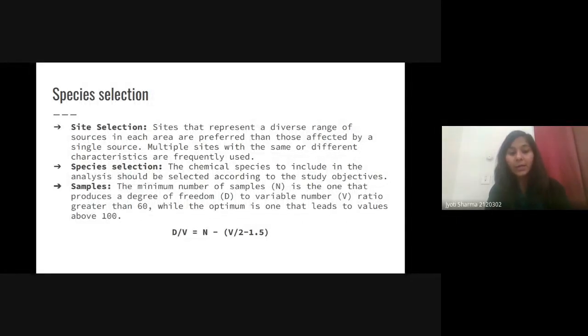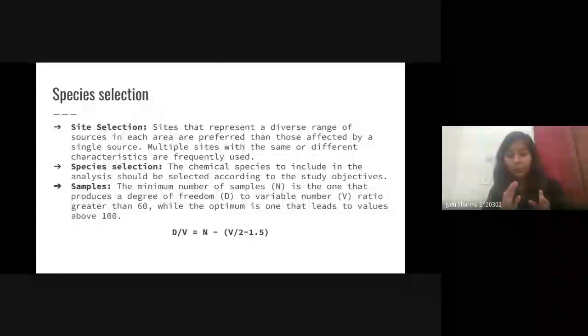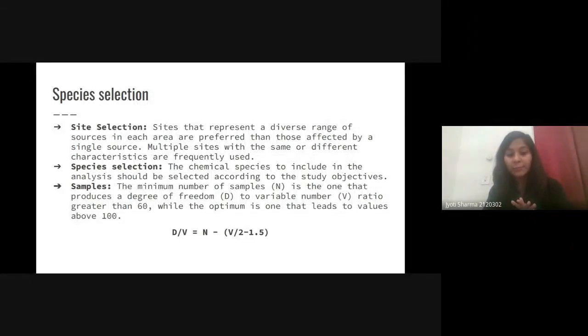So based on that, if this ratio D to V is greater than 60, then this should be the minimum, by which you can calculate the number of samples you must have. Okay, and it is better if you have this ratio more than 100. So based on this formula, you can calculate the number of samples you must have. Okay, then